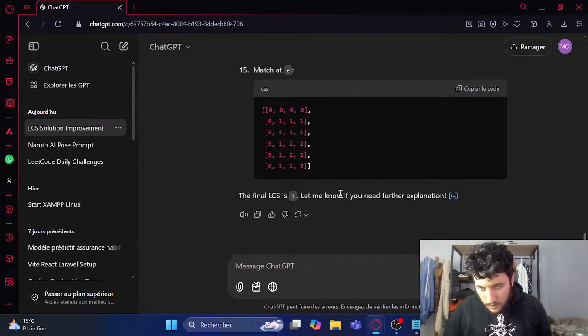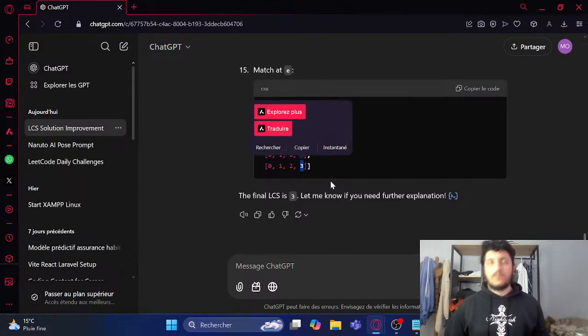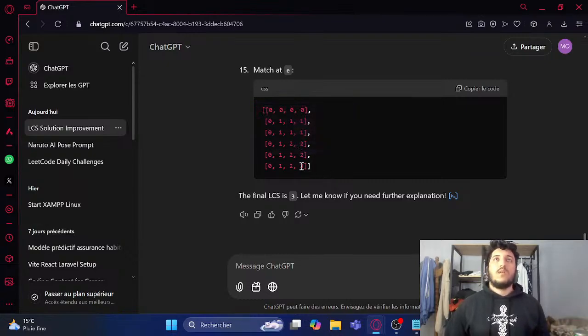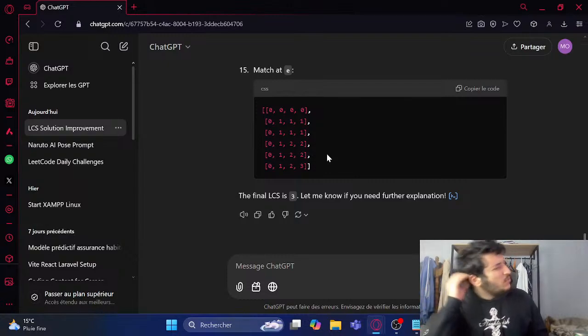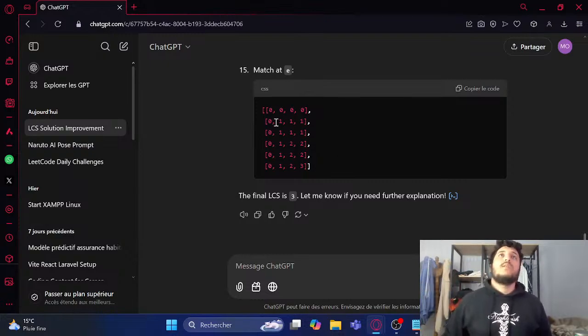I think each cell will equal the max between the top cell and the left cell, and he writes the max here. And if he finds a match, he increments by 1. Okay, I get the idea of dp[i-1][j-1] plus 1 if he gets a match, but if he doesn't get a match,